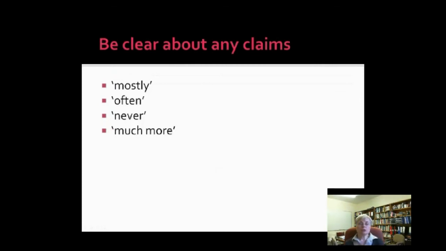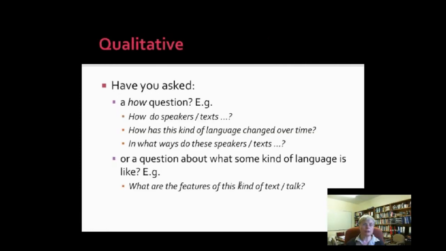You're using quantitative claims when you say things happen mostly in these contexts, or the speakers often do this, or women never say that, or so on. So if you make claims like that, it's good if you can back them up with some actual statistics and figures from your data. The other way to approach analysing some language is from a qualitative point of view, and